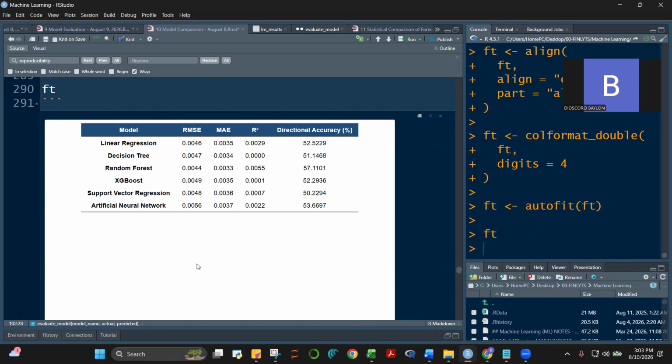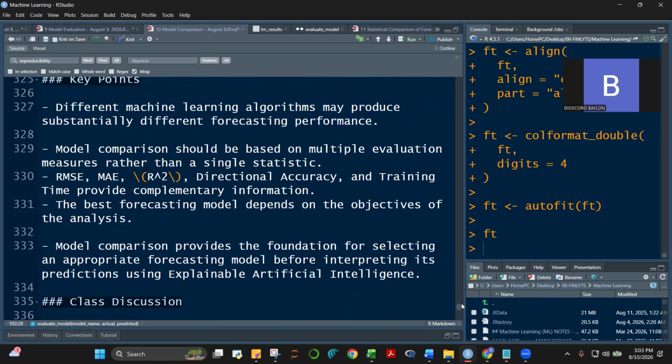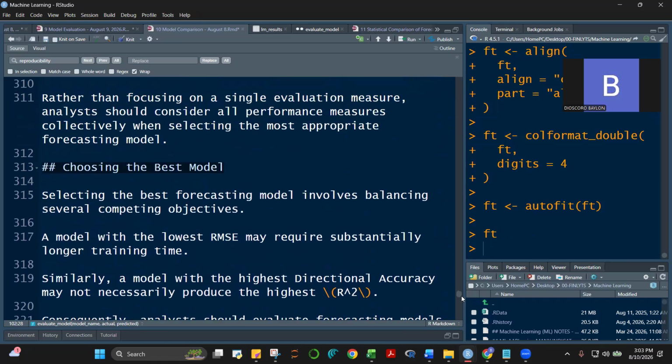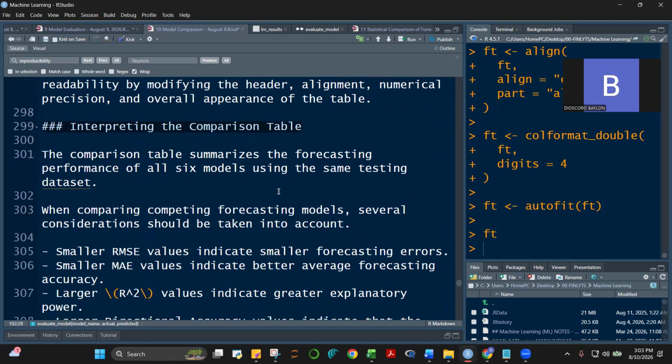Iba lang yung iba din sa XGBoost, iba din sa SVR, at saka iba din sa artificial neural network. Okay? So, all right. So let me just end here. Okay. So yung comparison table natin, it summarizes the forecasting performance of all the 6 models.